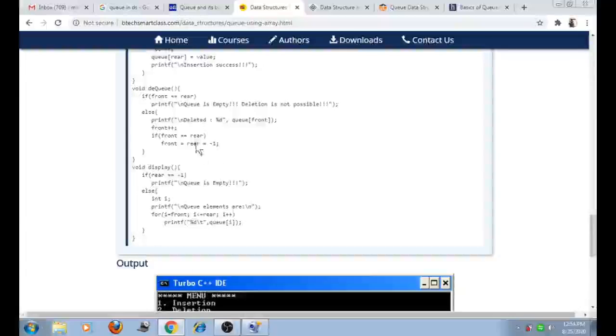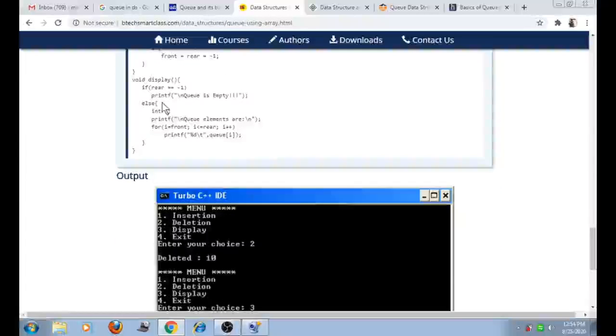That means we assign the value -1 to both the pointers, front as well as rear. So here in the printf statement we print the deleted element, queue of front.